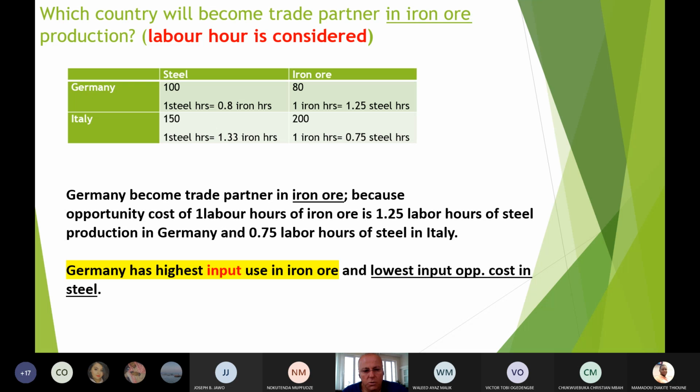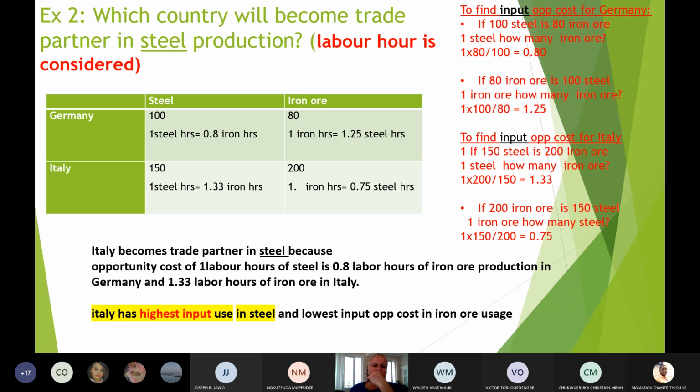The highest input opportunity cost is better off. Therefore, Italy becomes a trade partner in steel production, and Germany becomes a trade partner in iron ore, as I mentioned to you in the given